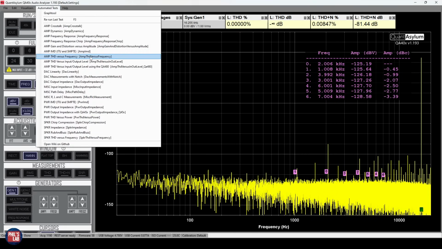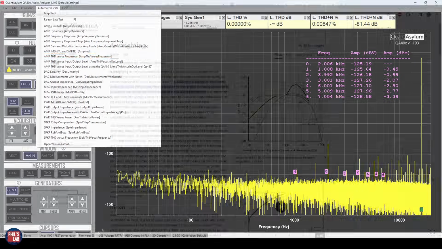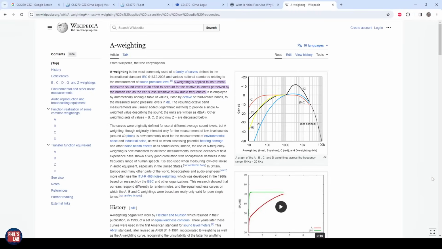And I believe there might also be a scripting software for the QA403 so that you can create your own automated tests, which is a very cool feature. But as you can see, for the price, this is a very, very powerful tool with pretty cool specs as well. One more thing I'd like to bring up just briefly is the topic of A-weighting or generally weighting in